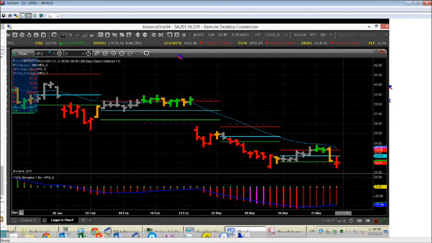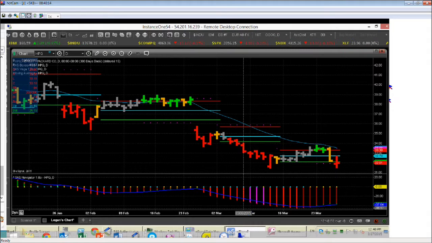I mean, look at it this way. Think about if you're long this stock. You've got to be terrified, and that means there's some more blood. More than likely, it's going to happen, because I don't think it's flushed everybody out. That's the situation on HPQ.